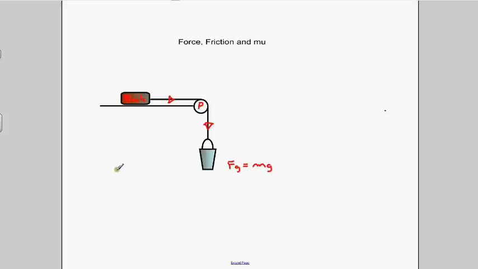Just so we know what other forces are also acting on this block right now, I'm going to draw them and then we'll talk more about them later. Let's make this the force of gravity of the cup, which is equal to the mass of what will be in the cup times gravity. We'll do that just so we don't confuse it with the mass of the block. And we'll call the mass of the block